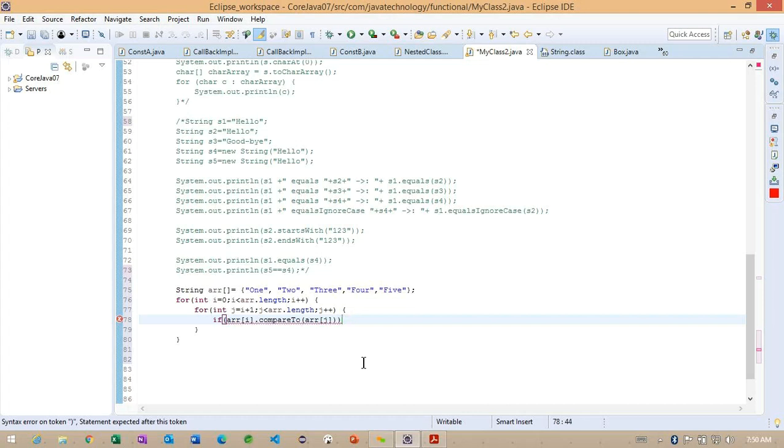Whenever I specify less than 0, we are going to get negative values. And whenever I specify equals to 0, it means these two objects are equal. So whenever these two objects are equal, we are going to get 0.